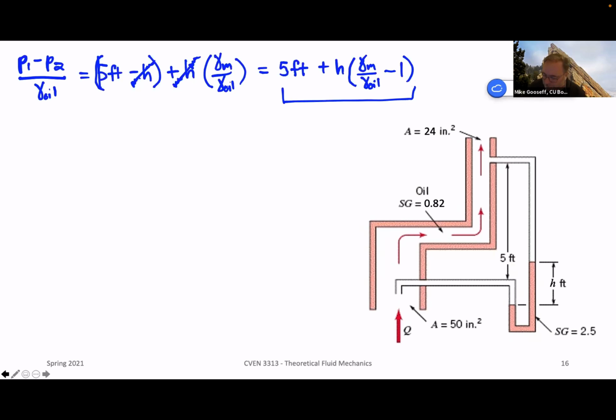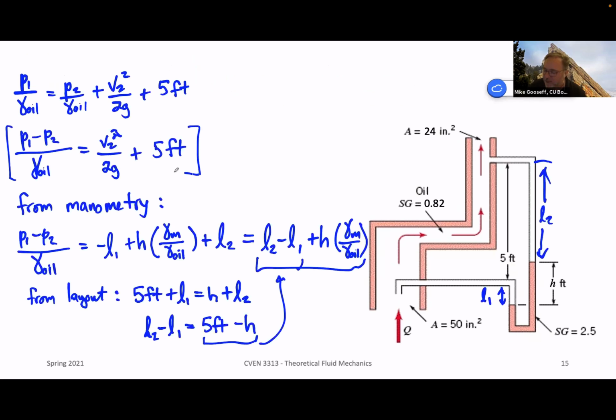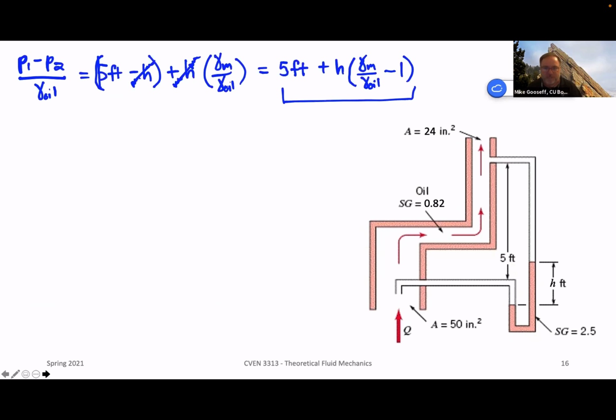So on the previous slide, we had this guy right here. We're now going to plug in something in terms of h there. And this is why I didn't plug in the 0.7 yet. Regardless of what this height is, we can work out this relationship. Okay, so now from Bernoulli, or BE for the Bernoulli equation,